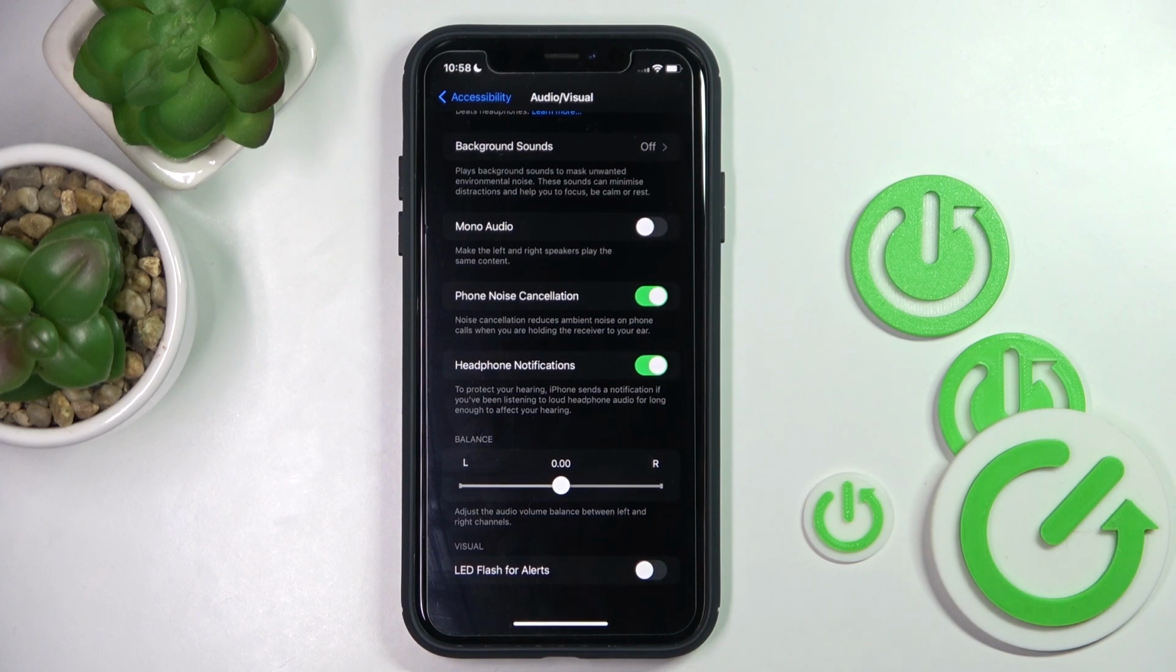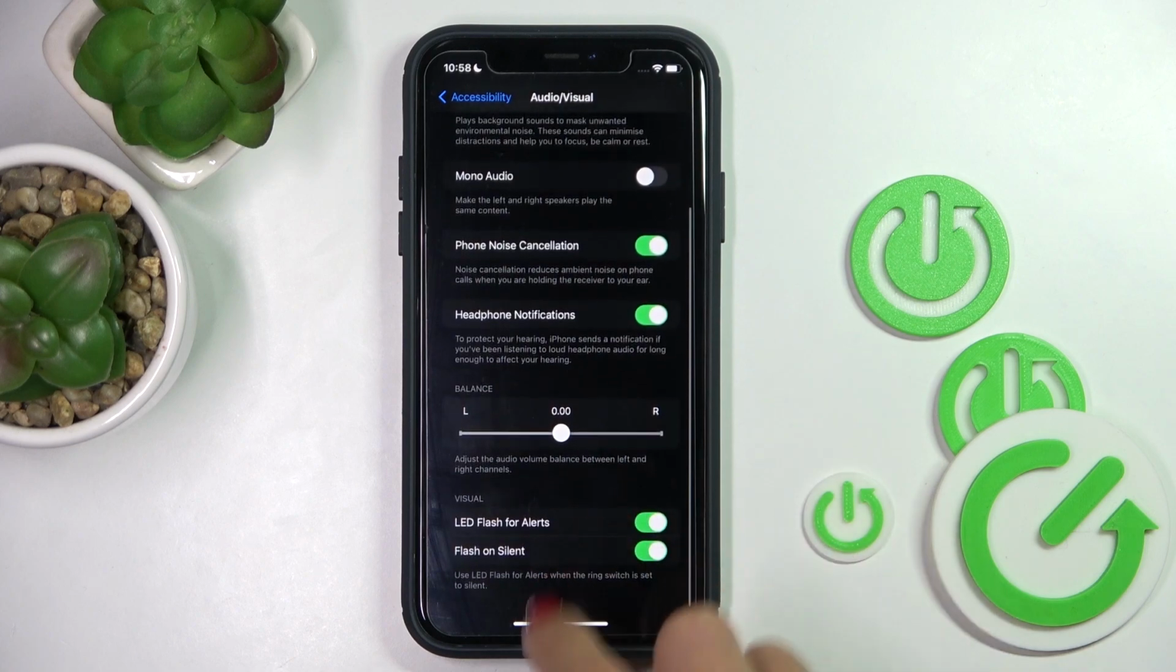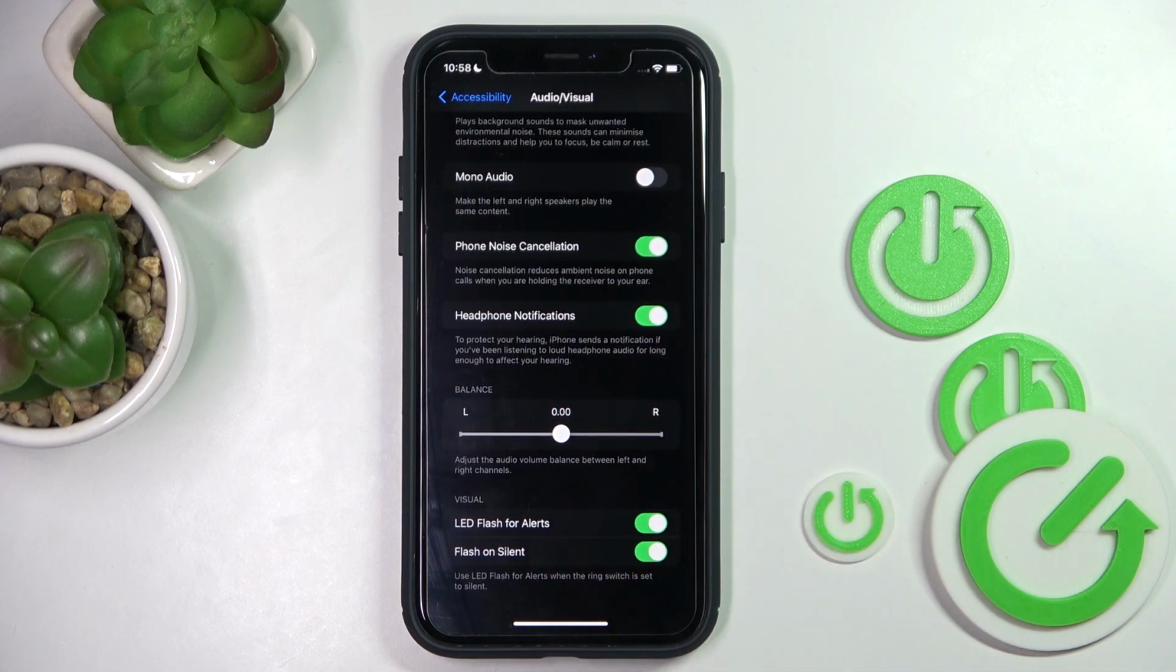So if you wish to activate LED notifications, just mark this switcher, and then you can also manage it for your silent panel. So if you wish to have flash active on silent, leave it this way, and if you want to deactivate it, smoothly unmark this switcher. And this is it. This is how you can activate the LED